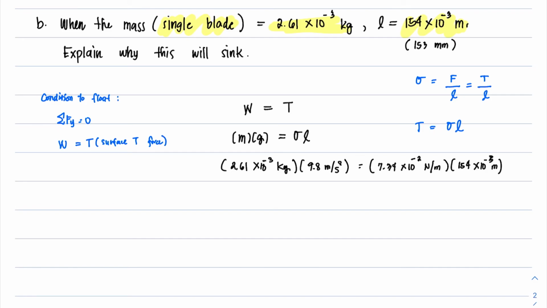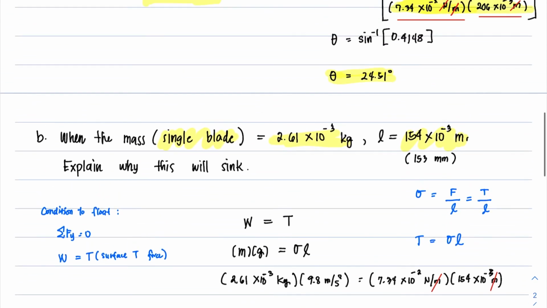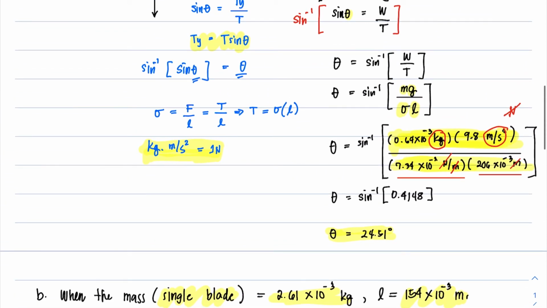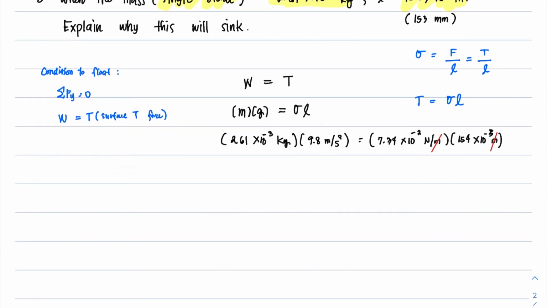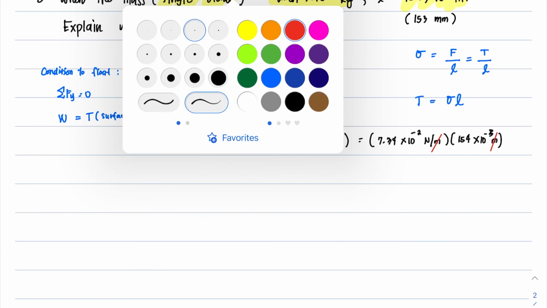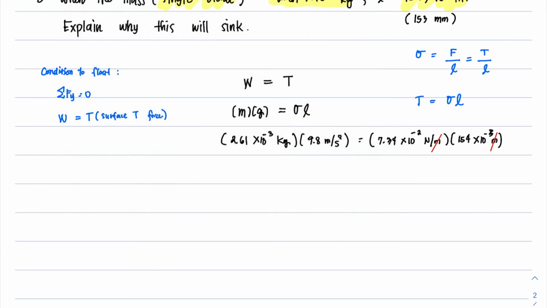So let's check whether the units balance out or are equivalent on the left and right hand side. Meters will cancel out, leaving behind newtons. On the other side, as I've said, kilograms times meters per second squared is something I mentioned earlier, that is just newton. So basically newton and newton. We don't have a problem with our units, and once you do your calculation, you will get that this is